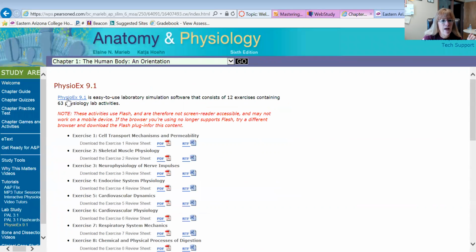And when you click on that, then you're going to come over to this hyperlink up here that says PhysioEx 9.1 is easy to use laboratory simulation software. You will click on that. And then give it a minute to do its thing. And here we go. All right, so there are 12 PhysioEx exercises that you will